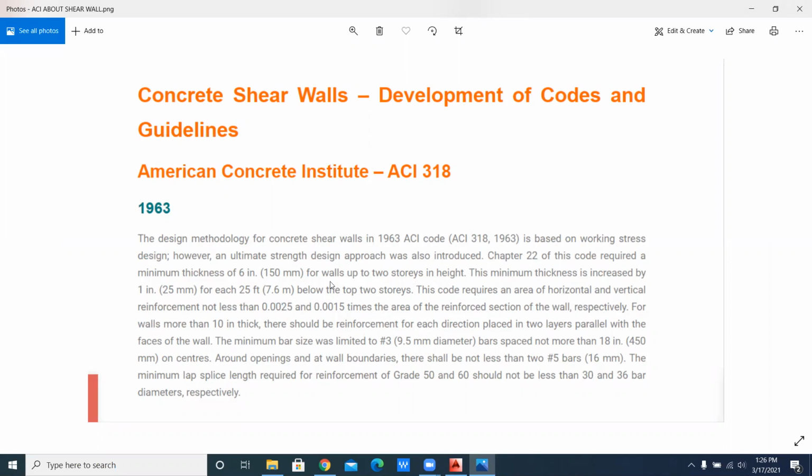Okay, it means that, as you can see in our code, that is UBC code 97, it says that length to height and account to thickness modification and some of the things are given in the 9.14 table. You can also see that in the 9.14 table if you want to go on UBC, and you can also use ACI, because ACI can also be easily used in Pakistan. So this code requires horizontal 1 inch, 25 mm, for 25 foot or 7.6 meter, you can easily go on.